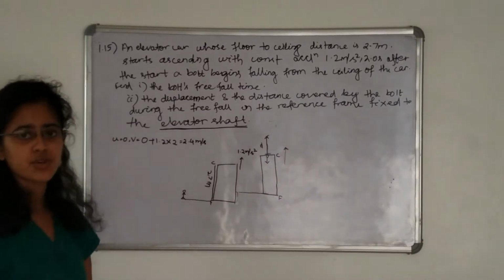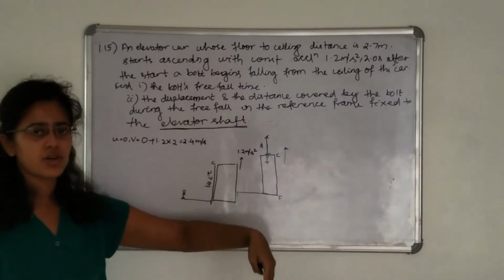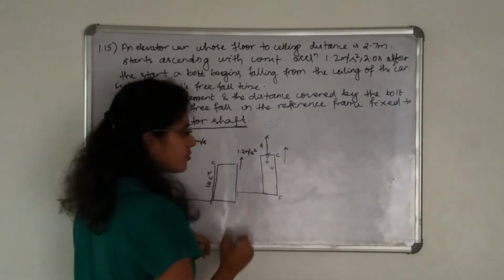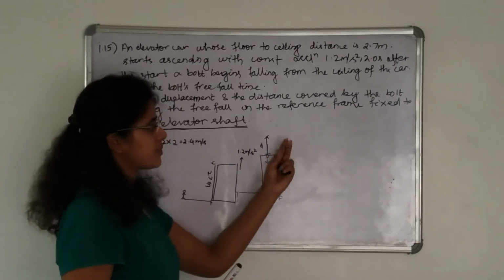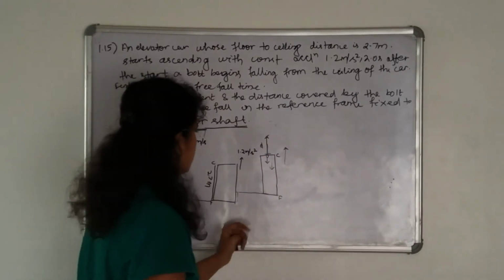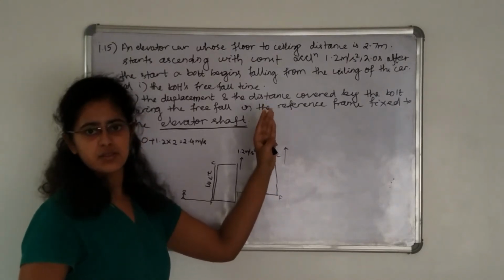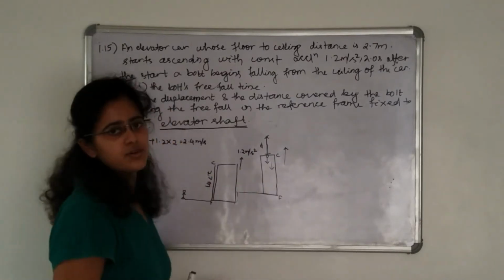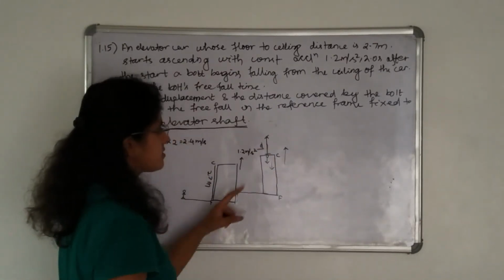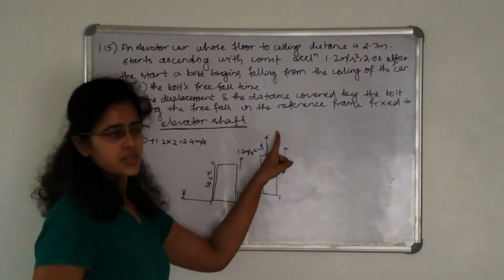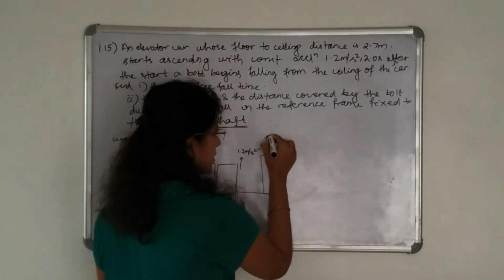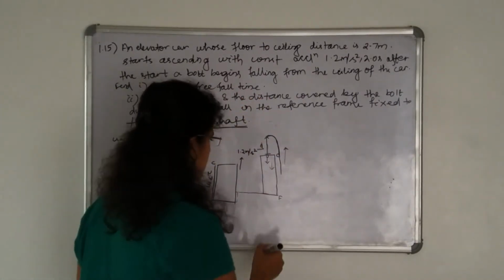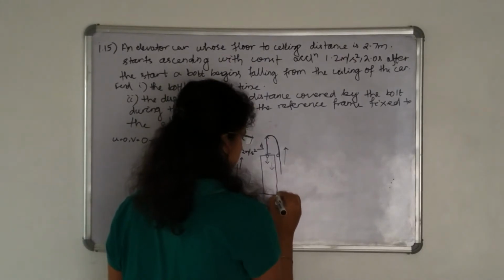Why does its velocity come to 0? Because we know that gravity is always pulling the particle downward. So for this particle, gravity is always downward. But as the elevator is moving in this direction, initially the bolt also started moving in this direction. As gravity is pulling the bolt downward, after traveling d distance, its velocity comes to 0. So after its velocity comes to 0, what will it do? It falls downward.